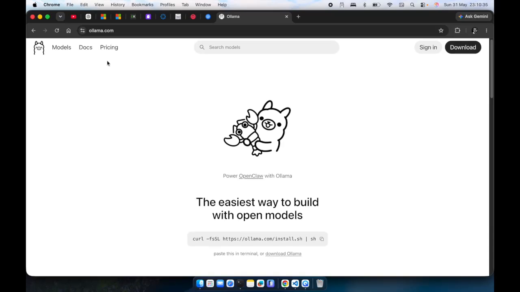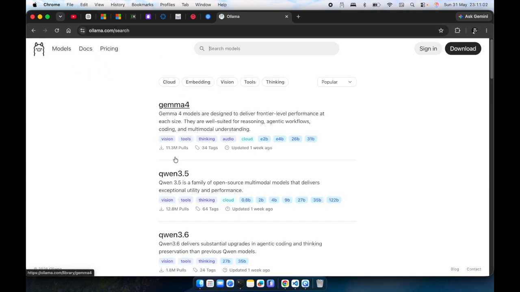Welcome back again. So since our last video we have gone through what we are going to develop in this tutorial, and I hope you have installed Ollama in your local system through some command prompt, or maybe Windows has something else. And after that we need to pull a model from Ollama which is going to run in our local system. So there are many models for Ollama like Gemma 4, Qwen 3.5, many things, but what we're